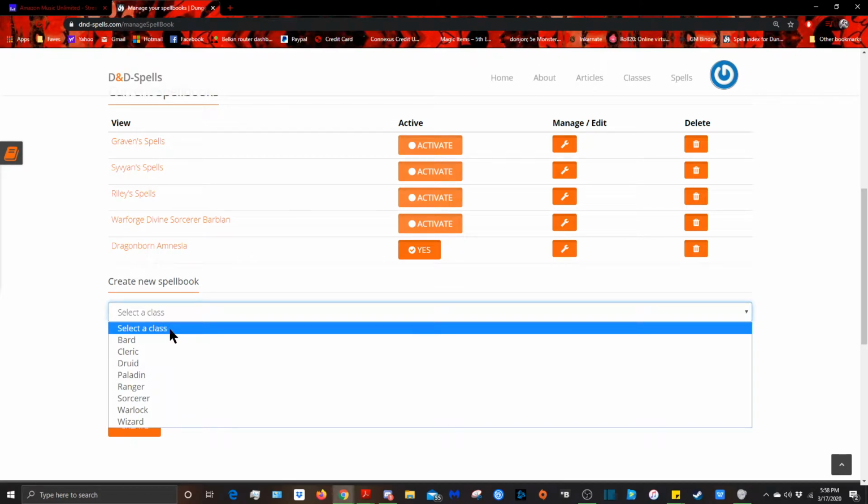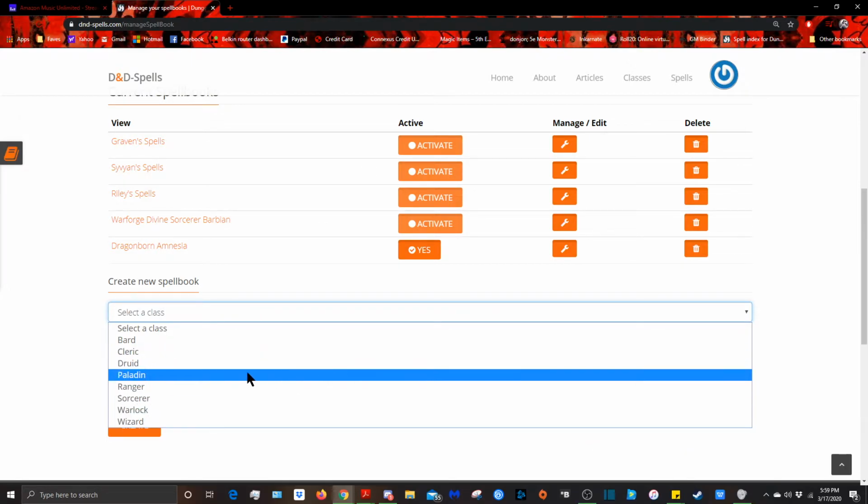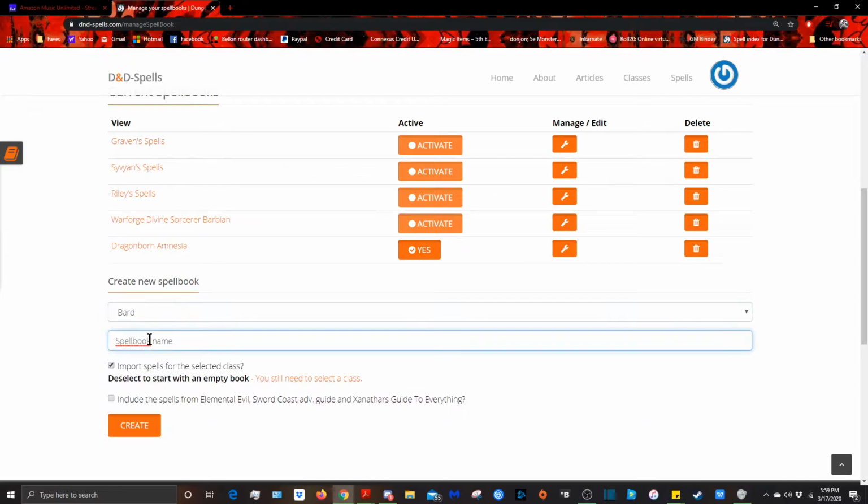So, first thing you do is select the class. Unfortunately, they have yet to update the website to include the Artificer class, so it will not auto-filter spells that are specifically related to the Artificer, but all their spells are currently in there. My character Lep, however, happens to be a bard, so I'm going to go ahead and make a spell list